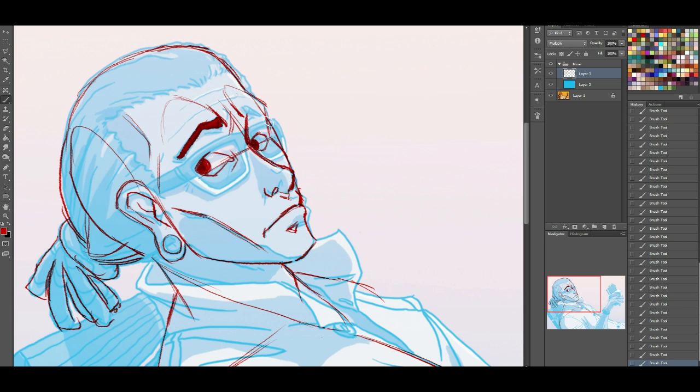So make sure that your eyebrows on the far side of the head don't end too short. Make sure they really follow and mirror the other side. So make sure they really follow this contour. A lot of times I'll even draw the eyebrows sort of wrapping around if it calls for it. This is a little different. So